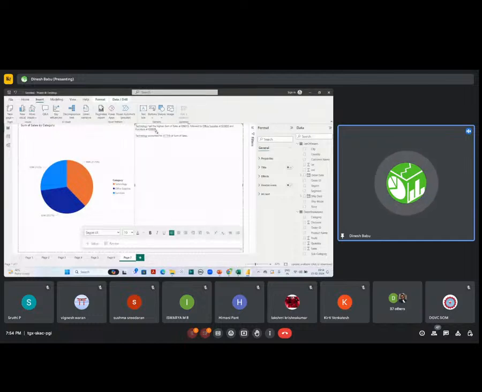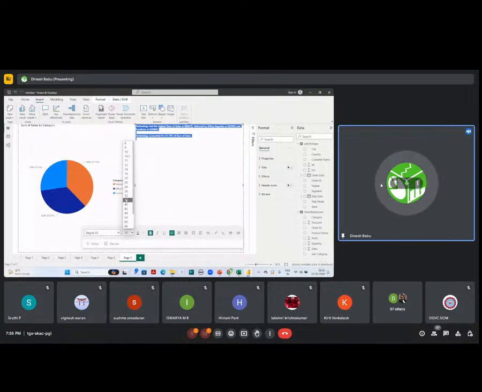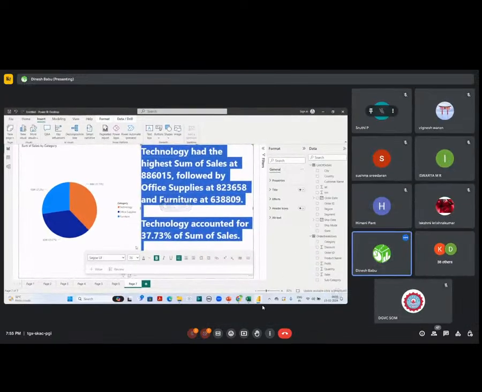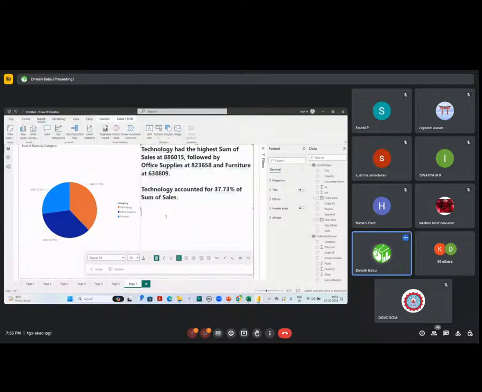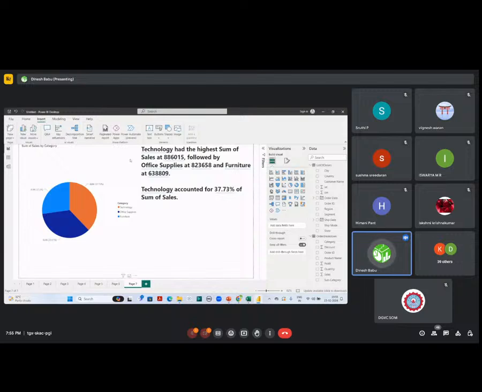I didn't write any text on this, so automatically it is generated. So if I make it bold and make it a bigger size, okay,